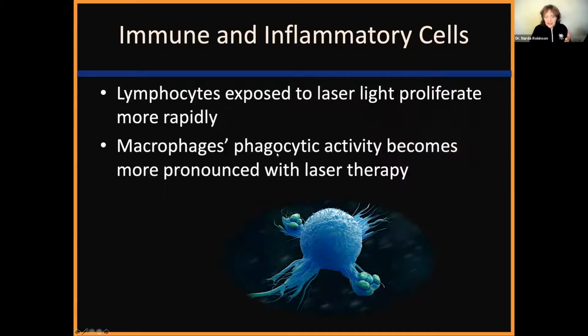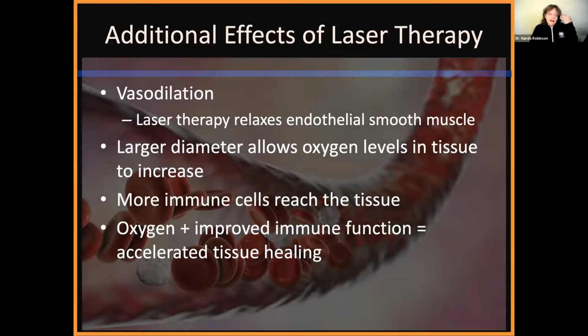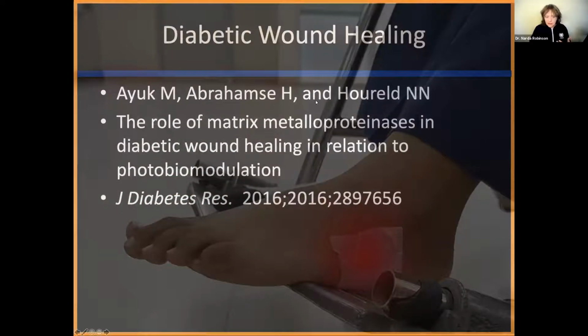So again, any type of tumor, we're going to be concerned. But in the non-cancer state, there's immune improvement. There is again this switching of the phenotype for the macrophages from pro-inflammatory to anti-inflammatory. Additional effects are vasodilatory, like I mentioned, bringing more oxygen to the tissue, which also means bringing more antibiotics, more immune cells, whatever needs to happen there. You're improving circulation into the area and then out of the area.